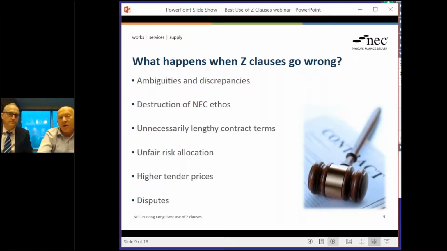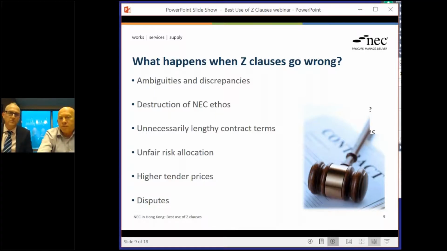That behaviour is often not conducive to getting the best out of the parties. Yeah. They cause conflicts, they cause defensiveness, they cause aggression. Yeah. So I've got a few examples now from the Hong Kong context of either amendments or additional Z clauses